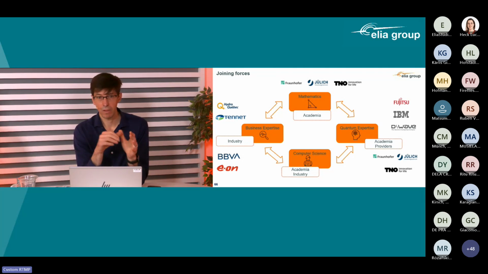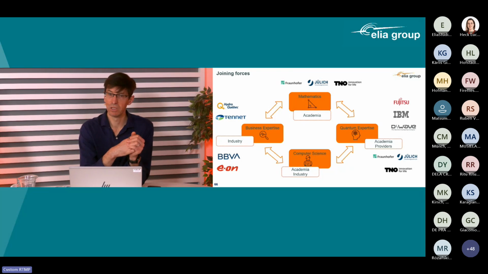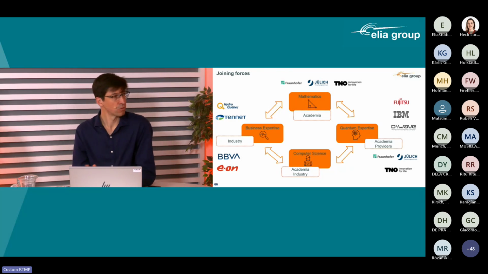So rather than having all these different people, like the industry on one side, the academia and the providers, I think the way forward is maybe to have some consortia. If we see that we're stuck somewhere, and because at Elia we cannot find someone to do an optimal QUBO formulation, we can maybe go to academics and say, oh, there is this researcher working on that. In that sense, we were in contact with Fraunhofer Institute, with Jülich, with TNO. And in terms of the providers, we have IBM here with us. There are also Fujitsu, there are D-Wave, there are many possibilities. So I think for me, the way forward is to put all this knowledge together.